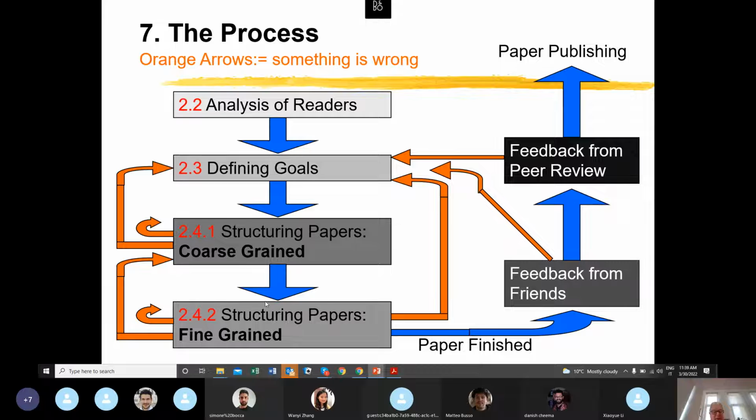But then the next time you do the fine-grained. I already explained last lecture what the fine-grained is, but the fine-grained is much, much harder. If the proof of the pudding is in the eating, then the pudding is the fine-grained structure. In the end, you must really have an overall picture. And there is something that students do not understand. When you write a paper, and for instance, you're writing something in section number 4, page 7, when you write that one sentence, you must have very clear everything written from page 1 to page 7, and from page 7 to the last page of the